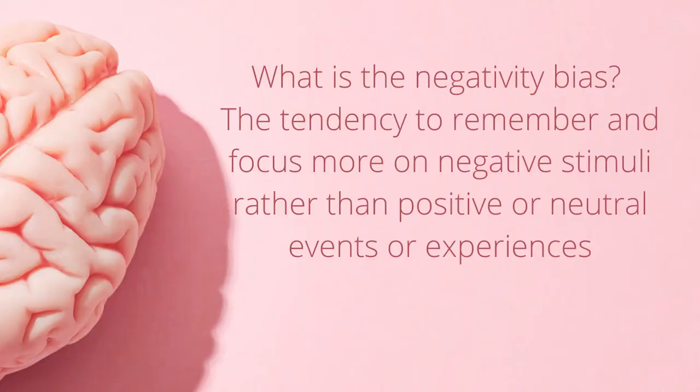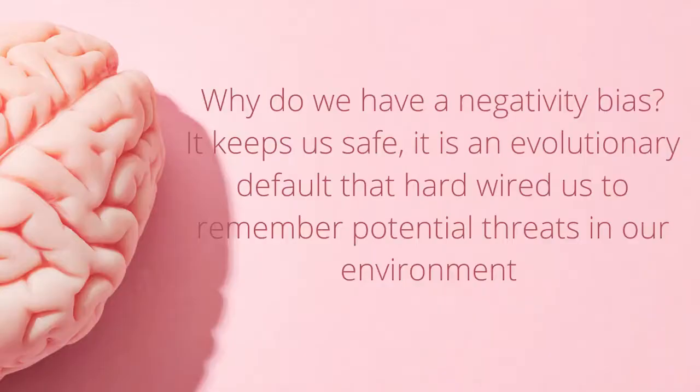And let's get started. So the negativity bias is something that we inherently have in our lives. It is a default pathway in our brains, and it's more of an evolutionary pathway that's remained with us, which is not really well adapted to modern life. So the negativity bias basically helps us to stay safe. Our brains always want us to stay safe, and will do whatever it takes to keep us safe. That's the primary default mode, is safety.